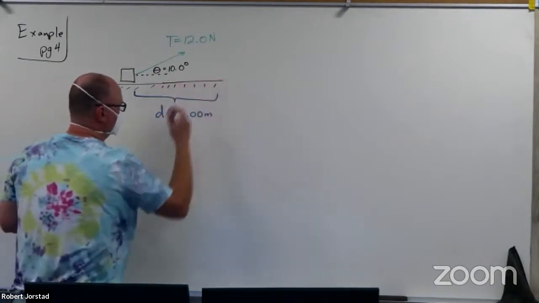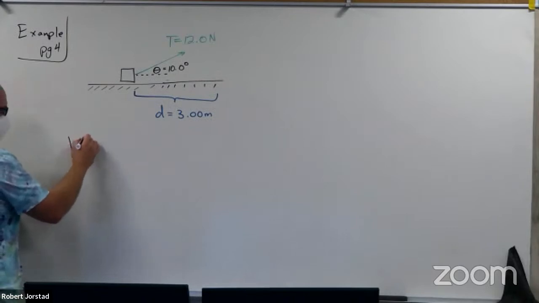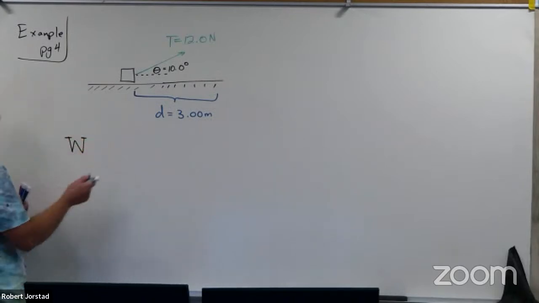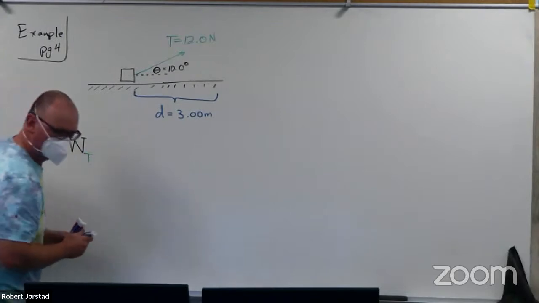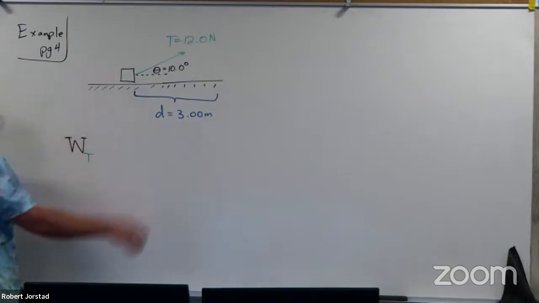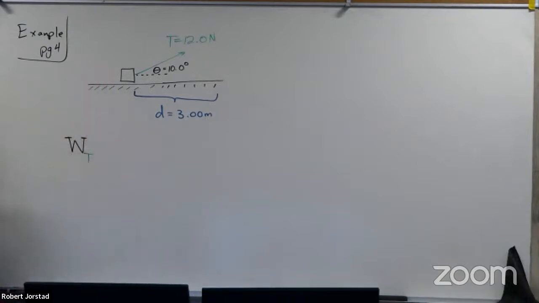Okay. So we can get the work. And sometimes what I'll do in this is I'll say work done by tension. I'm on the right way. Okay. Work done by tension. So I'll use a subscript to indicate which force I'm talking about. For example, in this case, tension would equal,